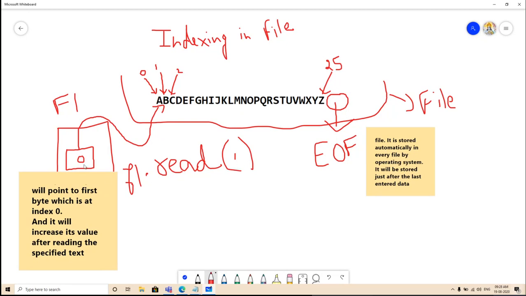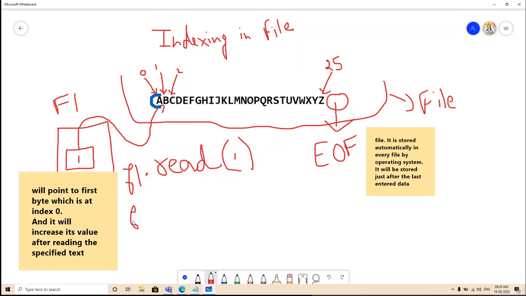So right now it is pointing at 0, so it will read one character from 0. That means this character will be read, and after reading one character it will point to the next character automatically. That means it will become 1 after reading it.